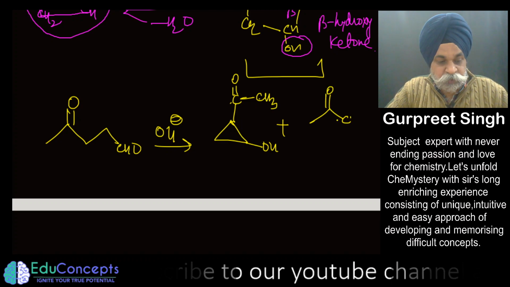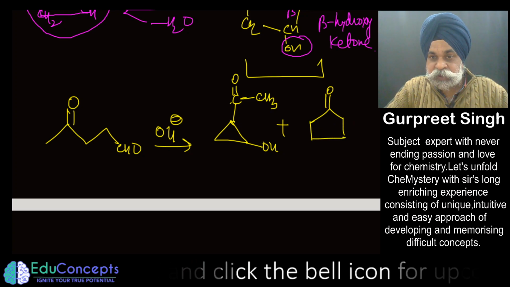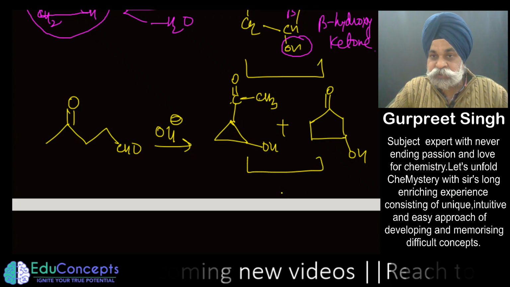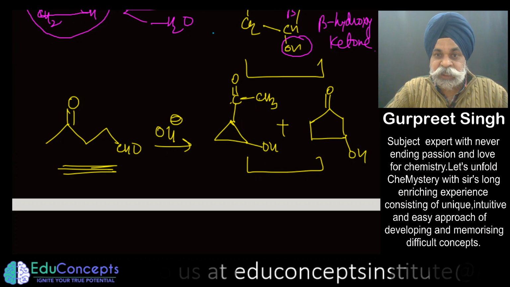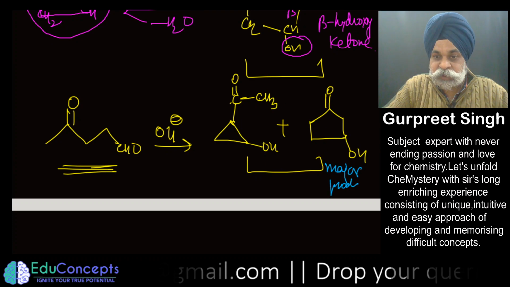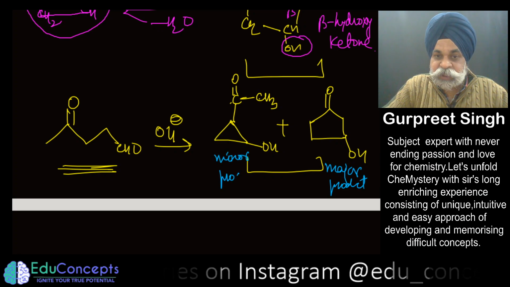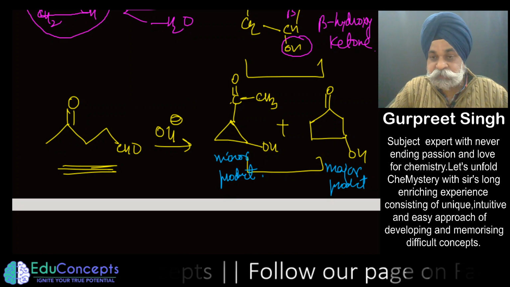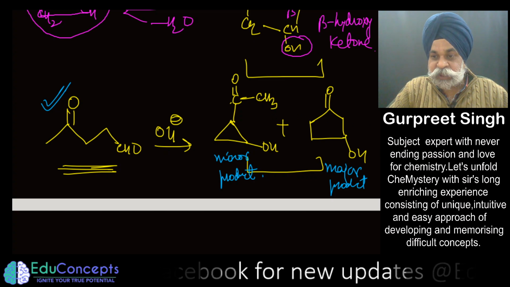This is very important to remember. You would get this compound also. Both of these are beta hydroxy ketones. But if this had been the starting material, then our major product would be this. This is the major product, and this would be the minor product. So the examiner deliberately gave you a minor product and wanted you to reach the major product through this step. Beautiful question of the retroaldol.